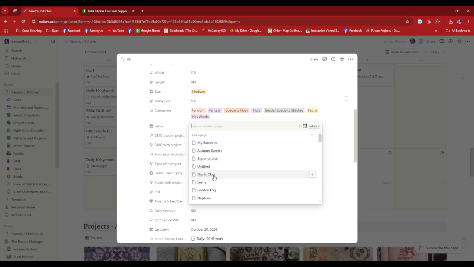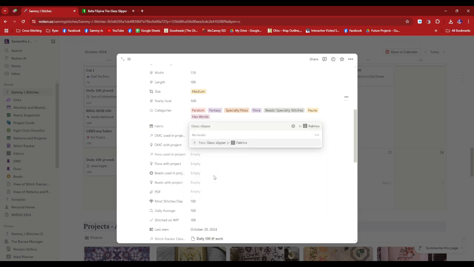So we're going to say this fabric is called glass slipper. I'm so creative today. And so again, it's not in there, and you add it by the fabric name. This can be really difficult if it doesn't have names. I've had to come up with a few different, like untitled, or just give it my own name type thing. But you always start with what the name of the fabric is. And the reason I say that is because when we click on this, and I'm going to let it take us into that